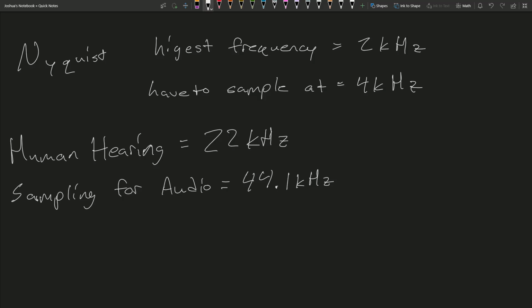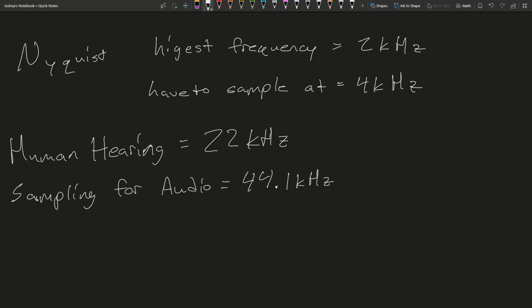End of discussion. But an issue arises when you have frequencies that rub up against that 22 kilohertz, or even about halfway. So even about 11 kilohertz to 22 kilohertz. If it's not that pure 22 kilohertz, or a multiple of 22 kilohertz below or between half of it, then you're going to introduce some type of magnitude modulation. And I'll pull up a MATLAB script here that I wrote